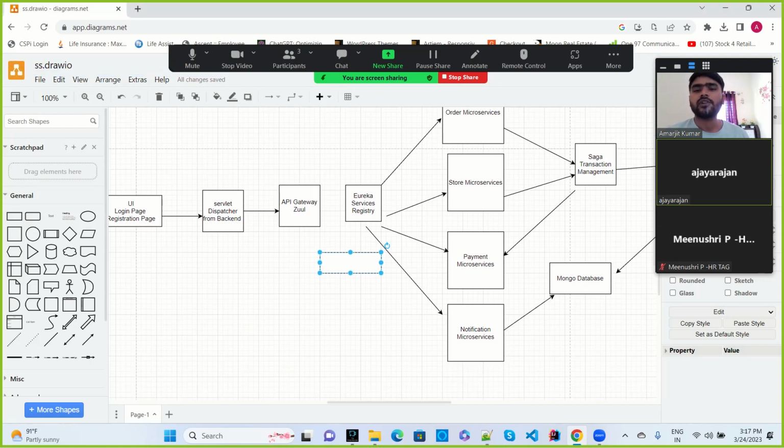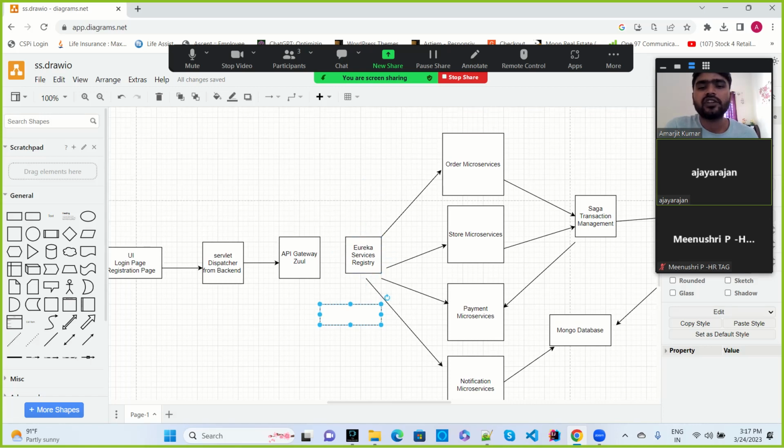While our request is coming from the UI, it will go through the API gateway. The API gateway handles what type of request is coming and which microservice it relates to. Then it will go to the registry, not directly to microservices, because for security reasons we implemented the API gateway and registry. The API gateway sends the request details: I want this request from this microservice. The service registry will check whether this microservice has been registered in our services. Then they will communicate with the